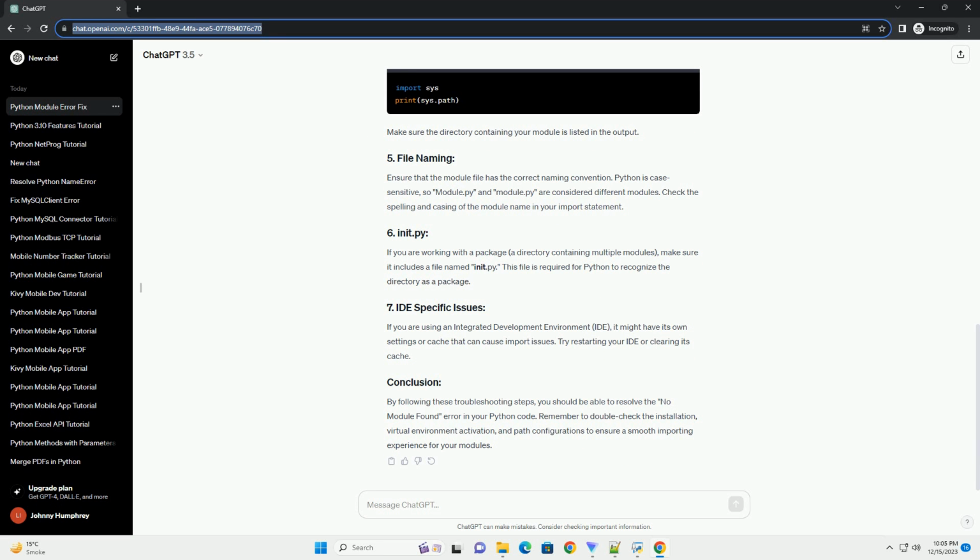Ensure that you are using the correct module name in your import statement. Python is case sensitive, so example_module and Example_Module are different. Let's consider an example where we encounter the error and apply the troubleshooting steps to resolve it. By following the troubleshooting steps, you can identify the issue and resolve it, whether it's installing the missing module or